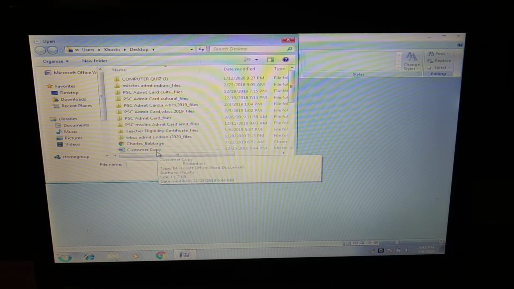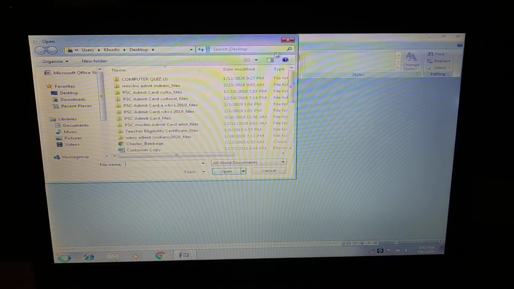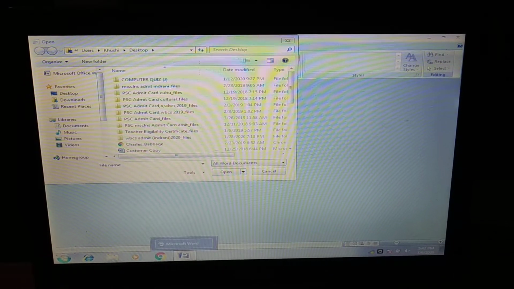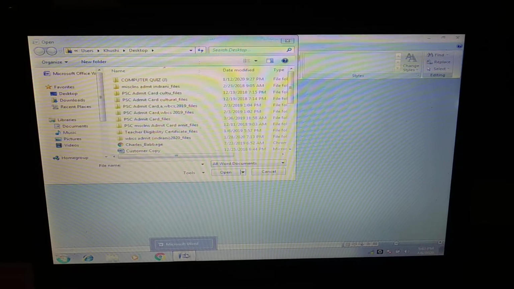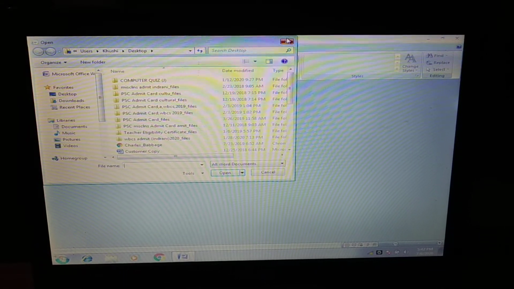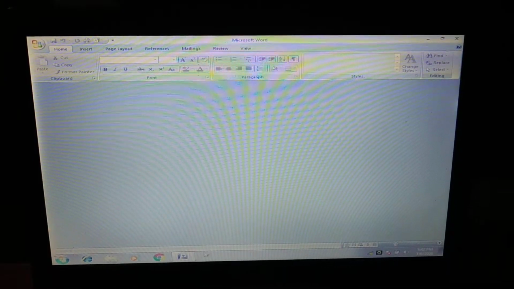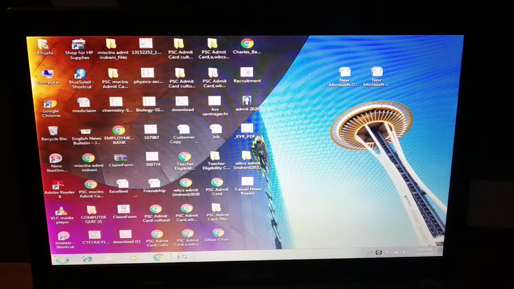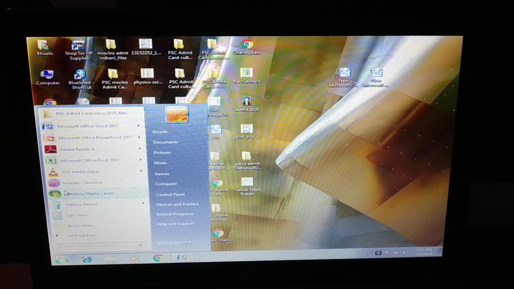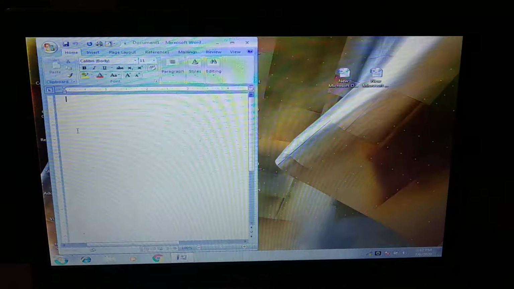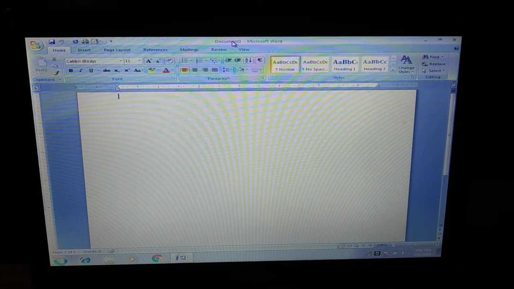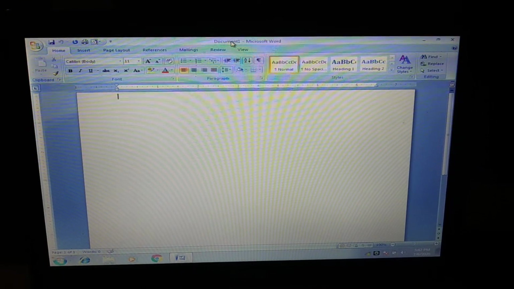Wherever the thing is saved, you will be able to find it from there. You have to keep the location where you have saved your document for that, and after that you will be able to find it out.